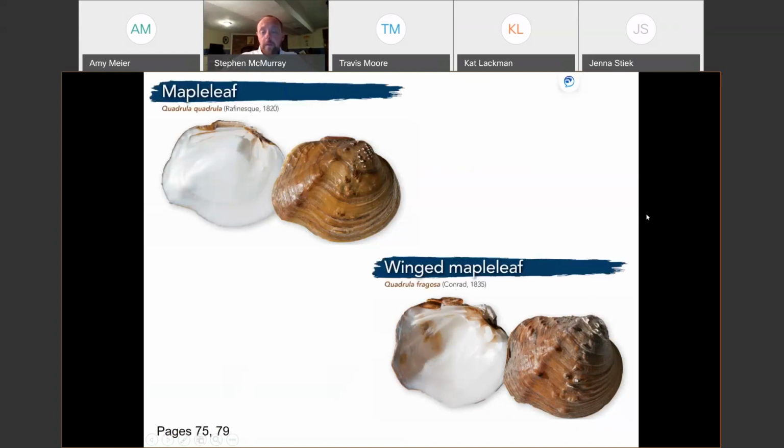Mapleleaf and winged mapleleaf. And now I guess, it doesn't matter that these are different species. From a biodiversity standpoint, yeah, it matters. It matters that these are separate. But from a legal standpoint, it matters a lot because mapleleaf on the top left is one of the more common mussels, especially in the Ozarks. And winged mapleleaf is one of the rarest mussels in Missouri, known historically from really only 4 locations. More recently only from 1, and it's federally listed as endangered. And so handling this species is a no-no, and handling this species is a lot less